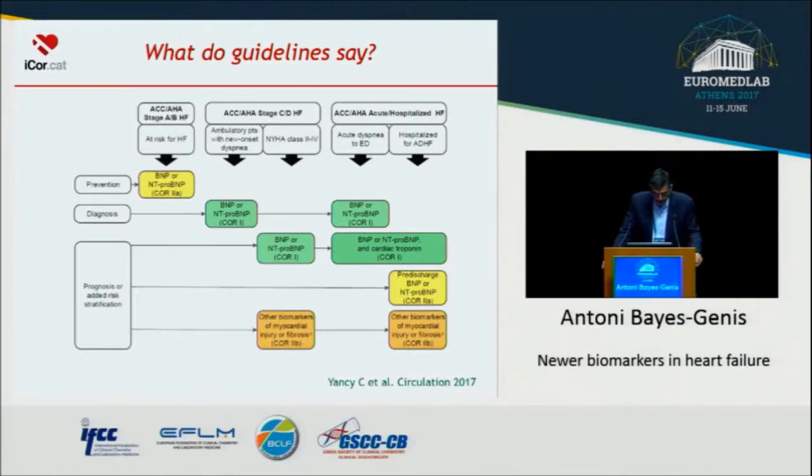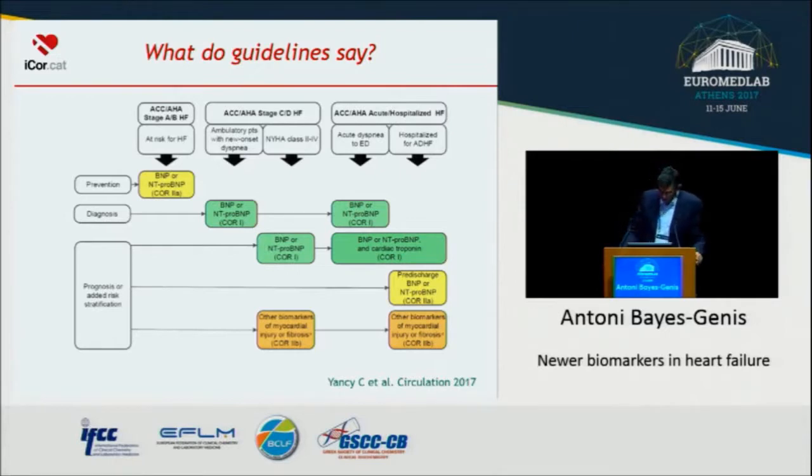You can see that in green, you have natriuretic peptides for diagnosis and prognosis. You have in orange, which means 2A, natriuretic peptides for prevention. Green means 1A. And then you have in yellow also 2A for admitted patients, pre-discharge natriuretic peptides,